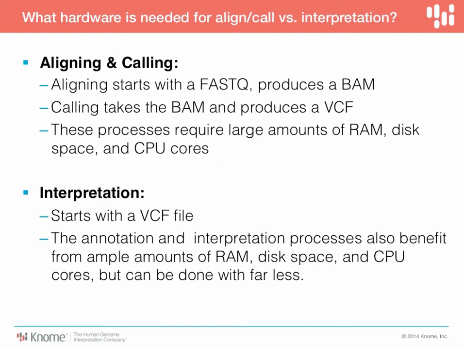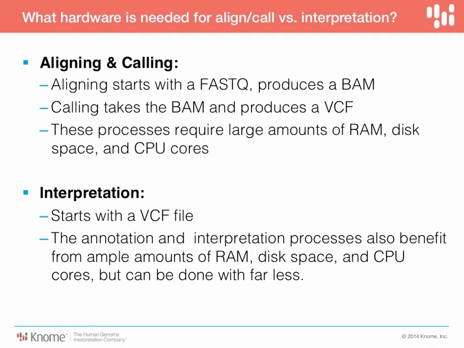A normal VCF file can pre-process with about 2 CPU cores and about 8 gigabytes of RAM. Most people on their laptops might have 4 or 8 gigabytes of RAM alone, and if you're doing multiple files, either aligning and calling or interpreting them through a VCF, you can imagine that you have to have a fair bit of additive amount of RAM so you can run these things in parallel. So just something to keep in mind.